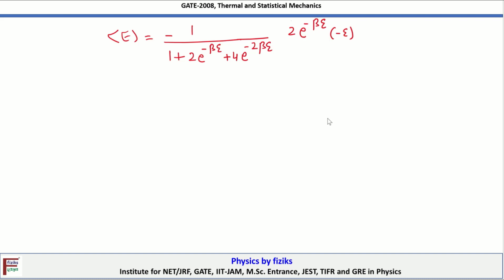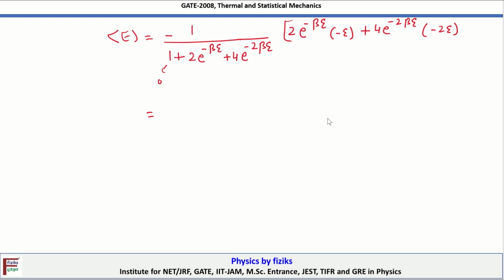And then for the second term, for the first term we will have 0, its differential will give us 0, and from the last term we will have a term of 4 exponential minus 2 beta e, and then multiplied by minus 2 e. So this, upon solving, will give us